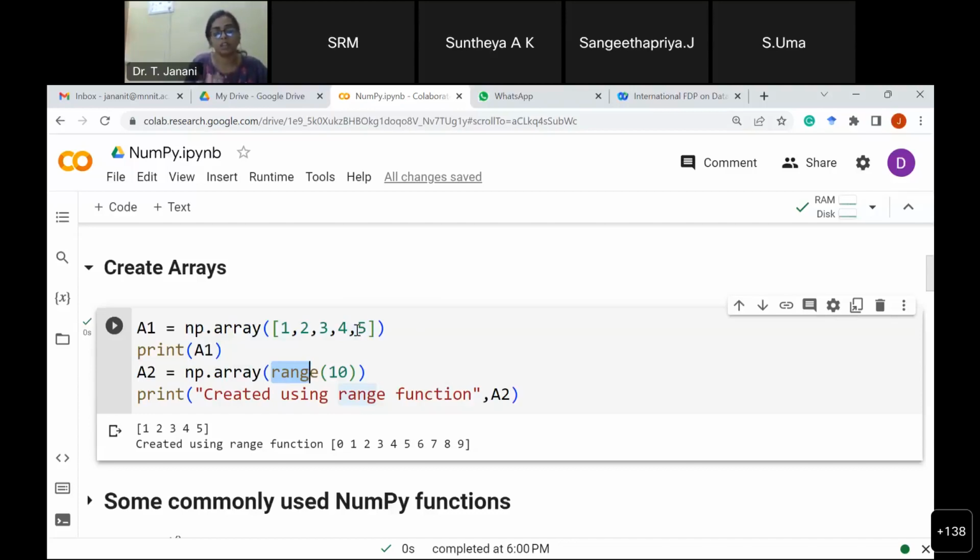If you are not mentioning an increment, it will by default increment by one. Otherwise, if you mention an increment, it goes as per the argument. Here I'm just giving n. So range of n starts by default from 0 and goes till n minus 1. Here I didn't mention any increment, therefore I'm going for unit-wise implementation. So we have created the array 1, 2, 3, 4, 5,